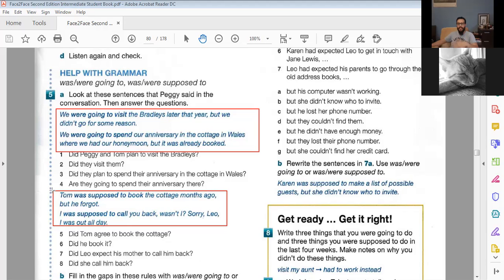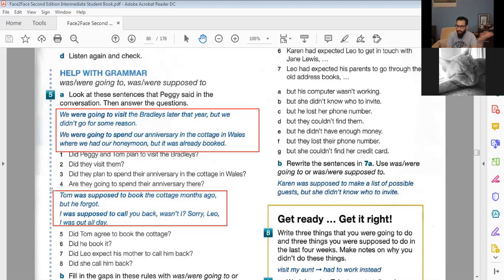Yeah. It's the most common excuse in the book. Here in Libya, if you ask someone why they didn't do something, they will tell you, I was going to do it, but this and that happened. Yeah, and then they start giving you all kinds of weird excuses. But the end result is they didn't do whatever they were supposed to do. You get the idea? So in short, this rule is about things you were supposed to do, or things that you were going to do, but you didn't. The end result is nada, it's zero. You didn't do what you were supposed to do. They didn't get the cottage that they wanted to get, right?